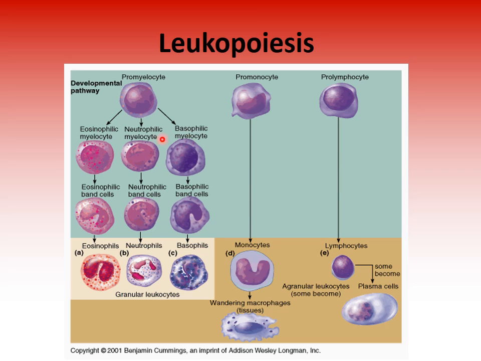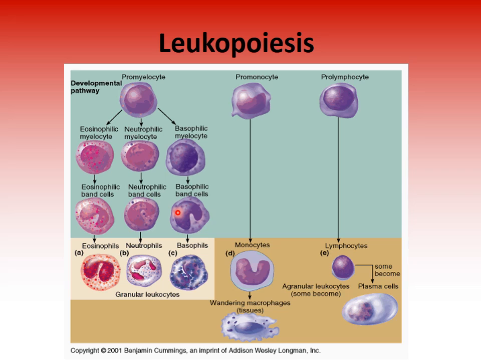These 3 granulocytes all come from a promyelocyte, and then they will differentiate into an eosinophilic, neutrophilic, and basophilic myelocyte, which will then mature into the mature basophil, neutrophil, and eosinophil, which are the granulocytes. And then we have our monocyte and our lymphocyte, which come from a promonocyte or a prolymphocyte. Anything that you see here in the blue typically happens within the